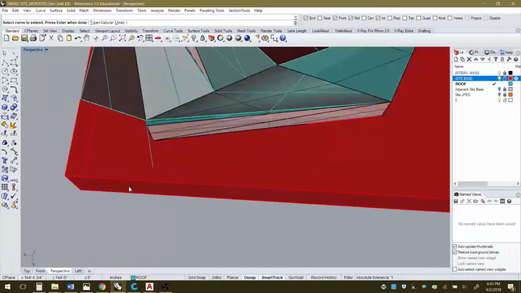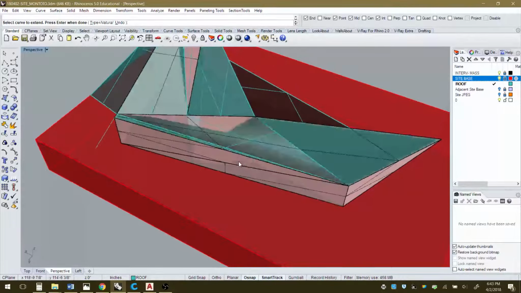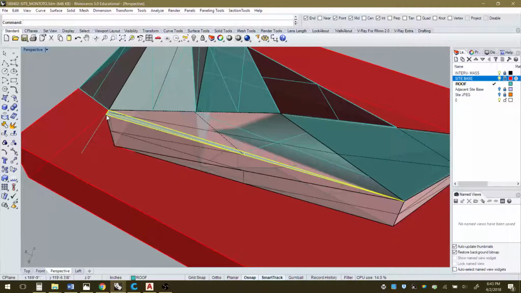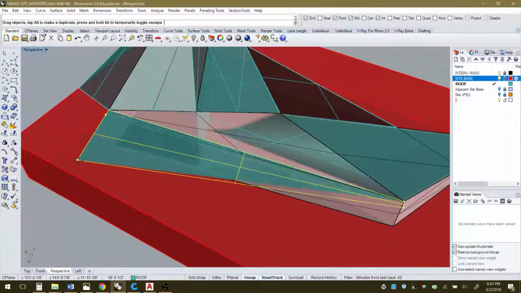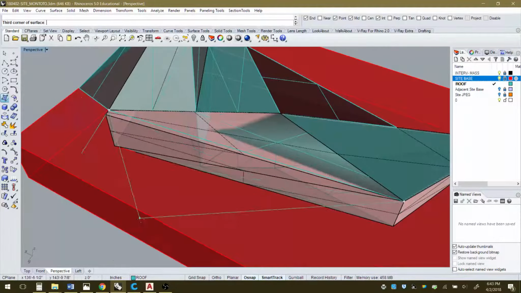So I'll just let that work out here. Now, I'm going to want to go ahead, it probably would be okay, but actually it wouldn't. If I were to escape out of that, select this and turn on my control points, select this control point, and then bring it out, what's going to happen is you're going to start getting some curvature here. So I don't want that. I want these to be nice and clean triangular surfaces, so I'm just going to delete that surface and create another one. Get into this point, and